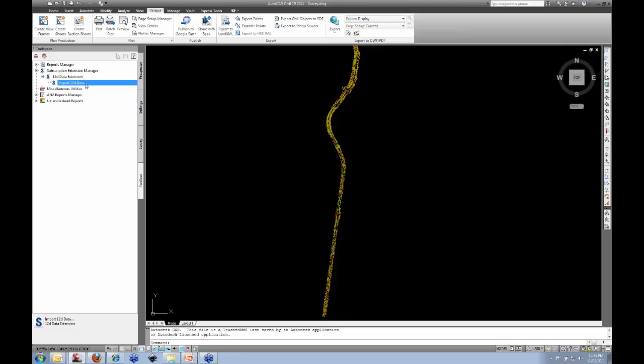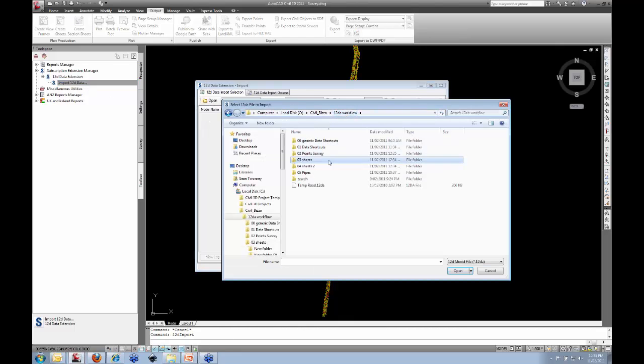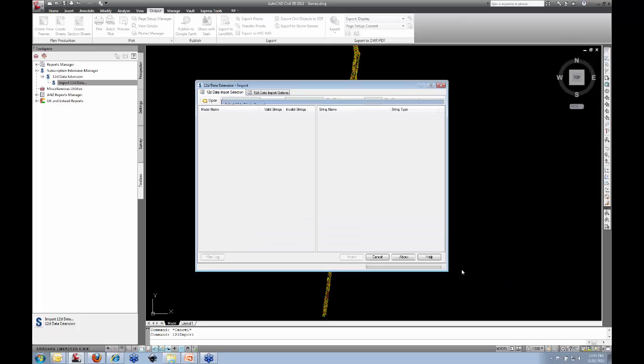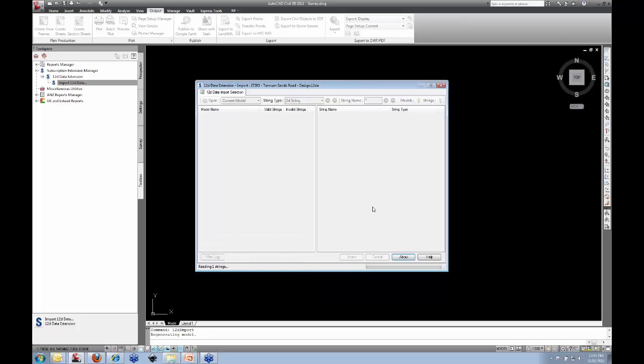Again, I go to my 12D import and I open, let's go back one step, click on Sheets 2 and take in our design. Now we do have all the offset strings and everything else. In this case, all I care about is my centerline string. So this was done for, looks like the RTA, because it's an MX MC01. So you press import,